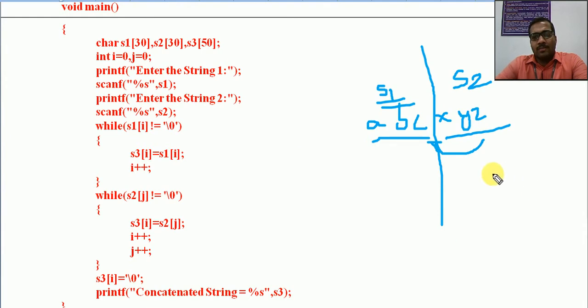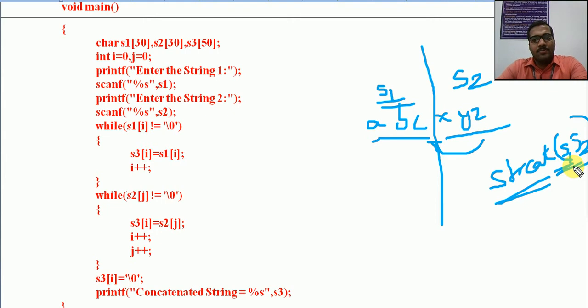This can be done by using strcat(S1, S2). S2 will be appended to S1 and we are getting the result in S1. That we already know by using the built-in function called strcat.